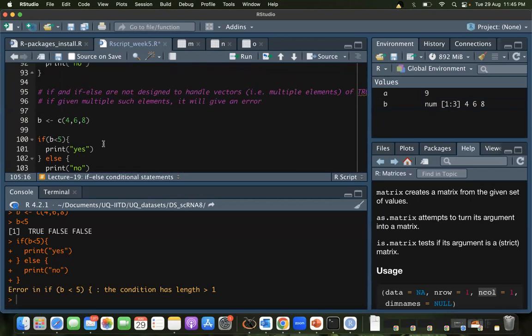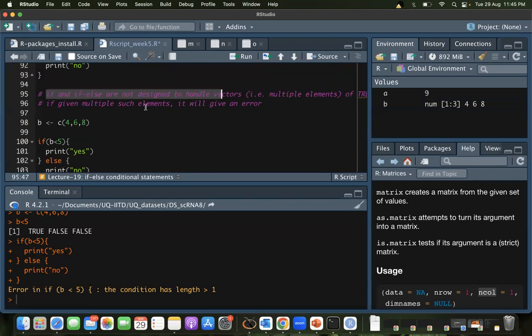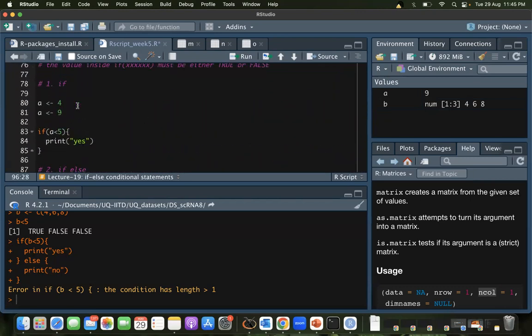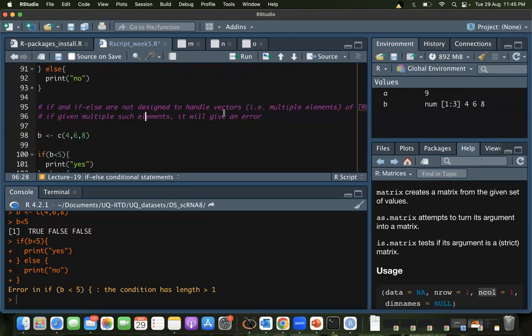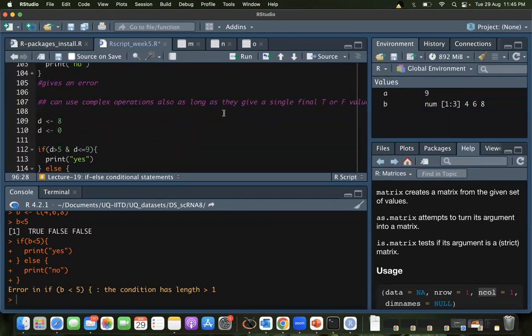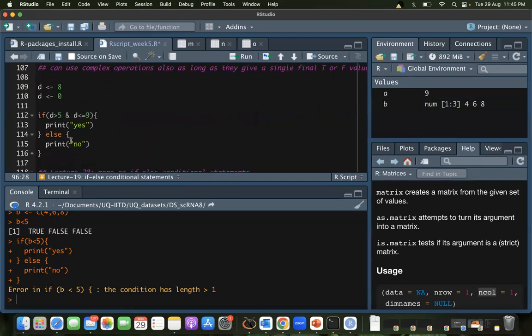So if and if else are not designed to handle multiple trues and falses together. So it gives an error. We cannot give it multiple elements like that.